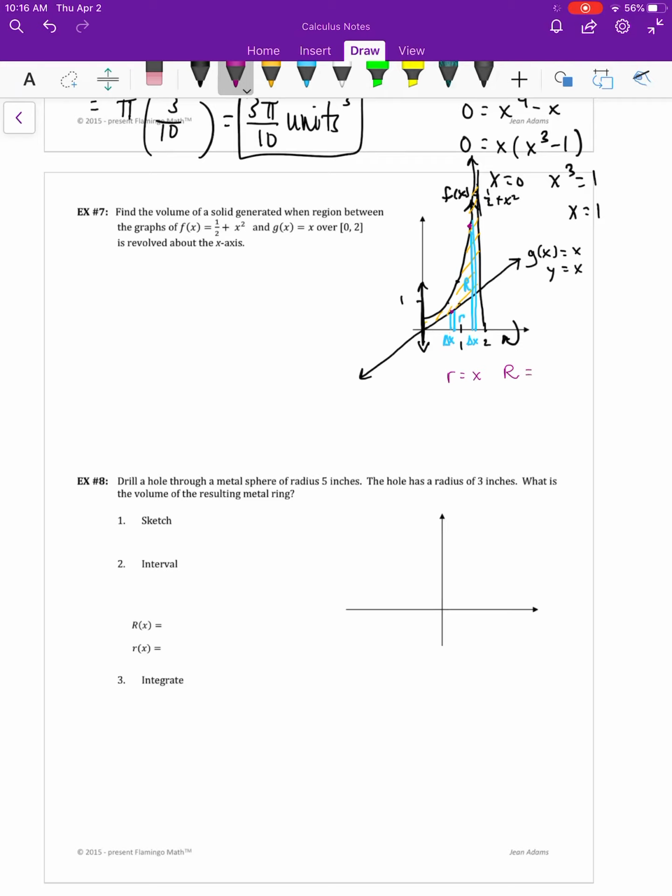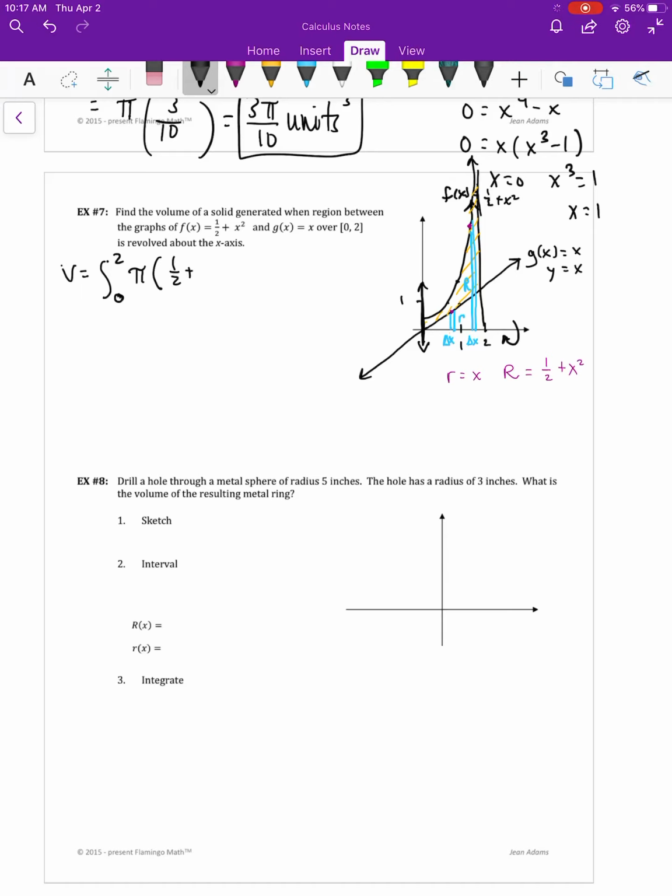Again, that would be the y of my function there, which would be 1/2 plus x squared. So that would be my big R. So, when you're spinning it, your slice is like a donut. And so we're going to be integrating along the x-axis from 0 to 2,